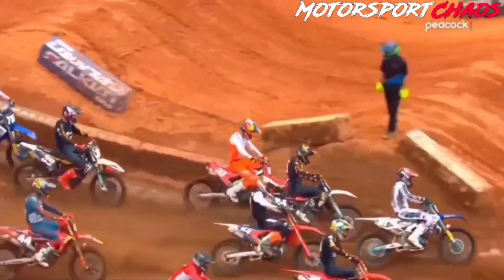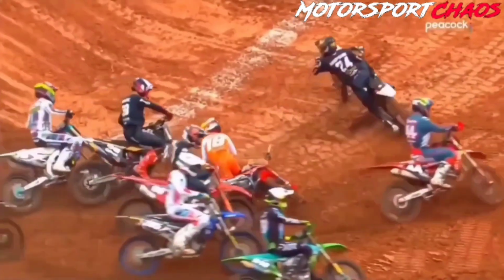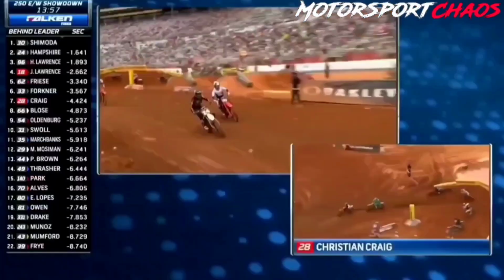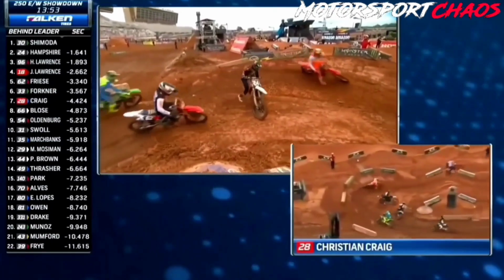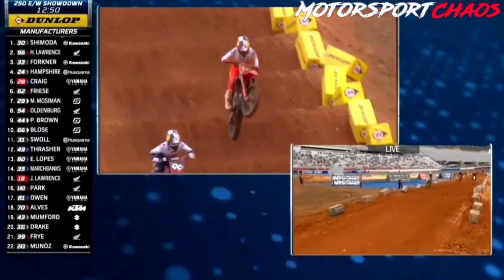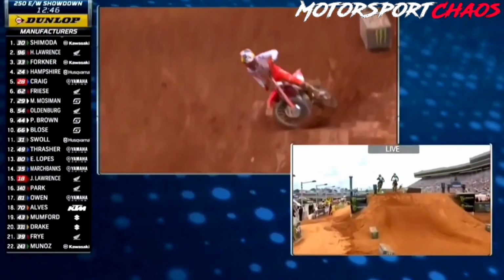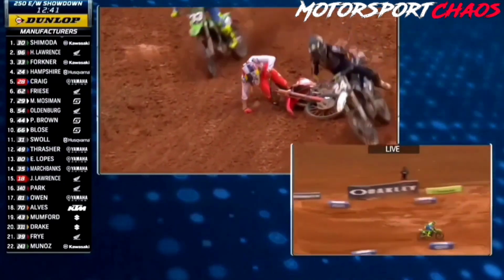Coming up the inside, RJ Hampshire's going to close the door down. He initiates the turn, and as he leans the bike over, just slips down. Look at this fight for second. Hunter Lawrence trying to set up Hampshire, and he's down. Well, we talked about how slippery that corner was. Hey, this is what happened to Jet Lawrence. Oh, he loses grip, going through the whoops, and he wheelies. Look how he adjusts his motorcycle. But then his front tire hits the whoops, and it like his front end